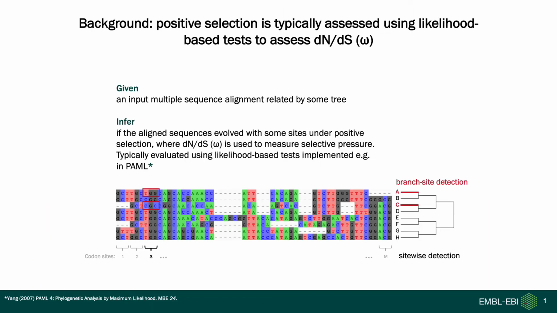So for some background on this problem, the aim when trying to detect positive selection between species is to identify if an alignment of protein coding sequences evolved with some sites undergoing selective pressure. This is usually measured using the non-synonymous to synonymous substitution ratio, which is denoted dN/dS or omega. Typically an omega value of greater than 1 is interpreted as indicating that a particular site was subject to adaptive selection. And this is usually evaluated using tools such as PAML, which uses likelihood-based tests to identify the presence